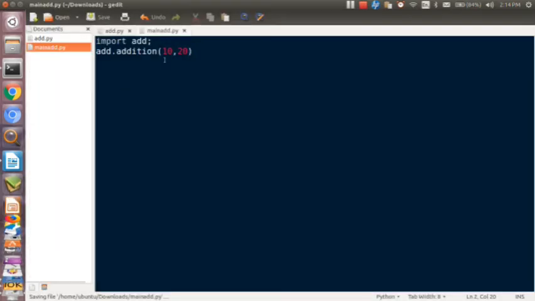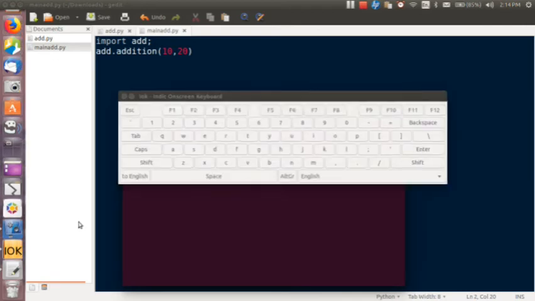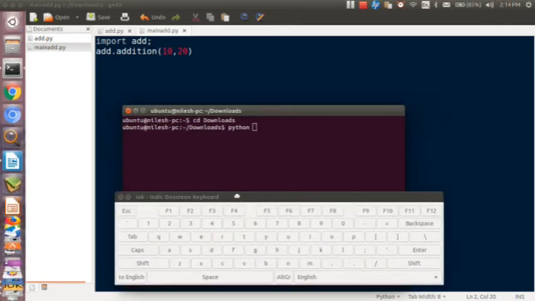Yes, our code gets saved and we are done with our code. The first file is add.py and the second file is main add.py, in which the module gets imported. Now the whole module gets imported over here by using the import statement. We need to run python space main add.py.